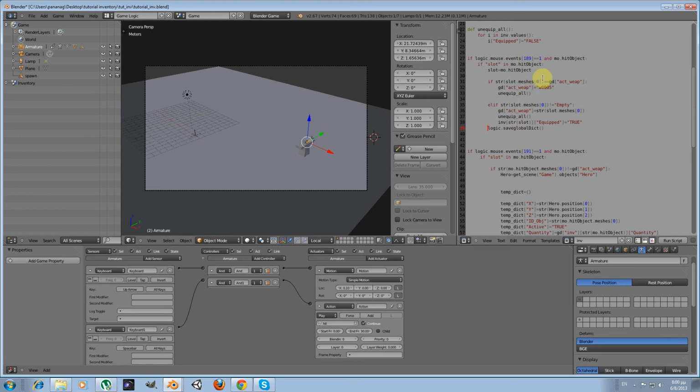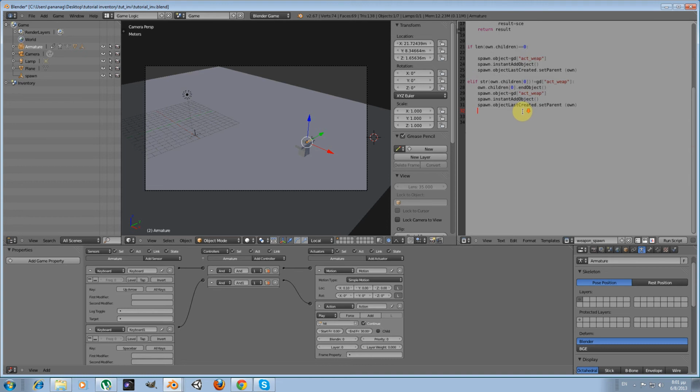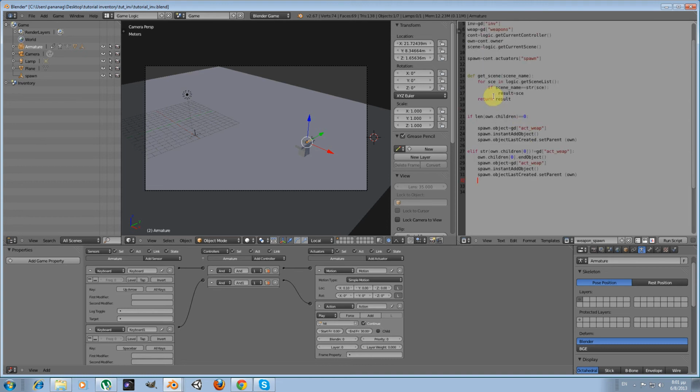Okay, perhaps I should put it not here, not in the inventory, but in the weapon spawn object, and